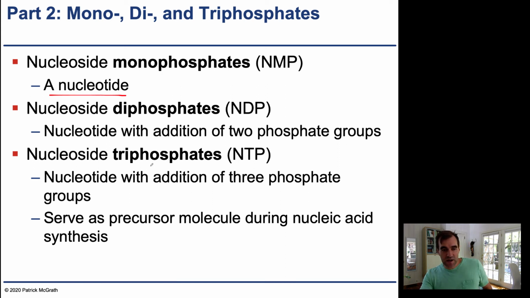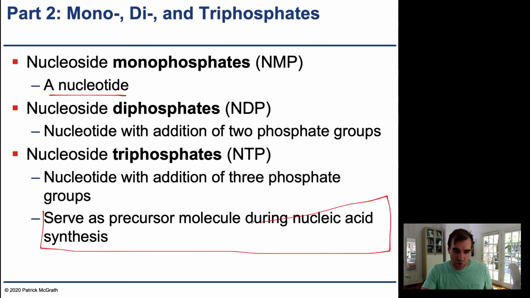The nucleoside triphosphates are important to remember because these are the actual precursor molecules that are used by DNA replication. When you're incorporating a new nucleotide, or a new base during DNA replication,